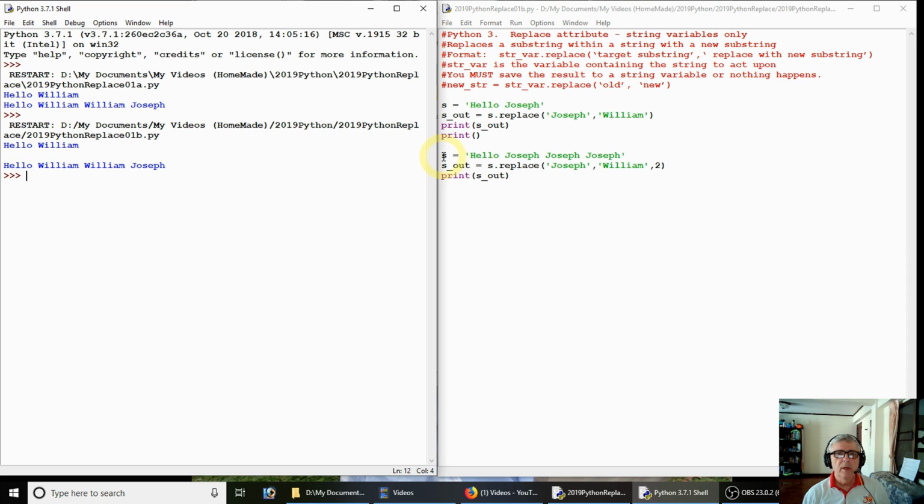Let's look at this one. S equals, so our string equals hello Joseph, Joseph, Joseph. And our output, here's our output variable. We take our Joseph, Joseph, Joseph string and we say S dot replace Joseph, comma, William, comma, 2. Now, when we run this, we print it, it says hello William, William, Joseph. So it replaced the third